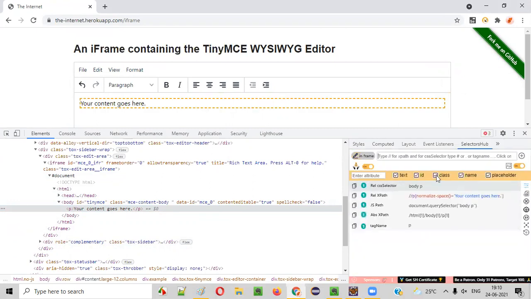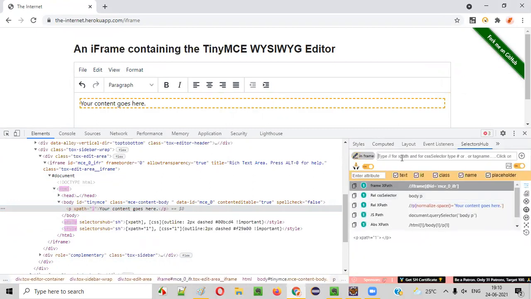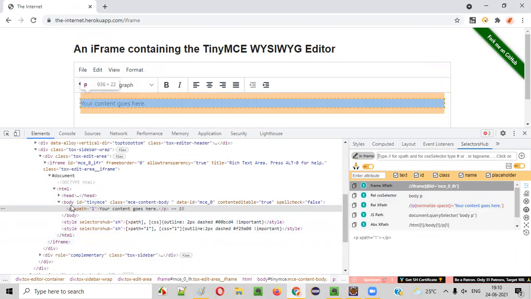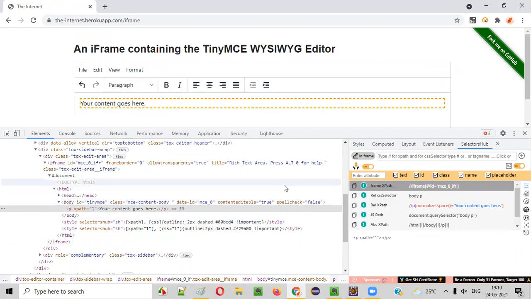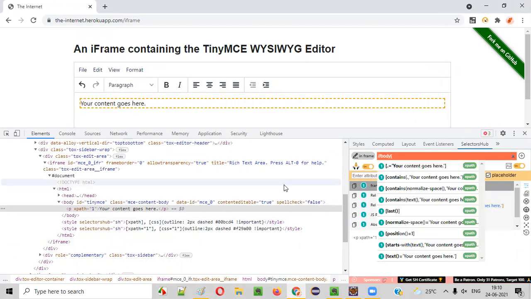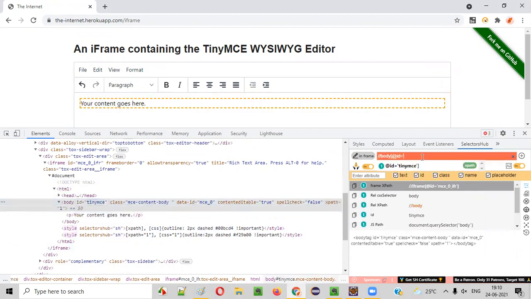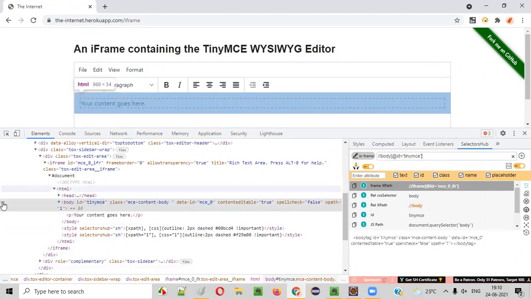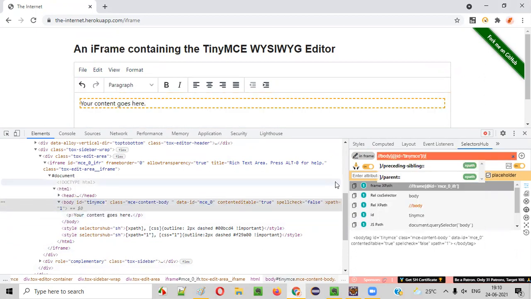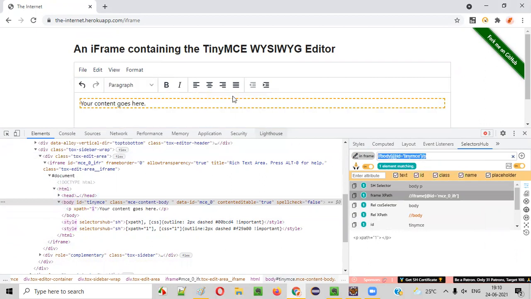For that, I'm going to go to the selector sub. From here I'll start and come here, guys. There is a body here with ID. So I'll start with /body[@id='tinymce']. What is the ID, guys? Tiny MCE. I'll provide it in single quotes, and from here I'll come to this paragraph tag. I'll say /p. You see, this particular XPath is locating this particular text field, where we can type the text.